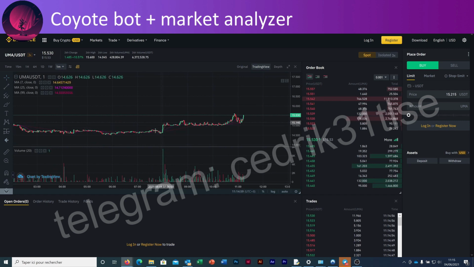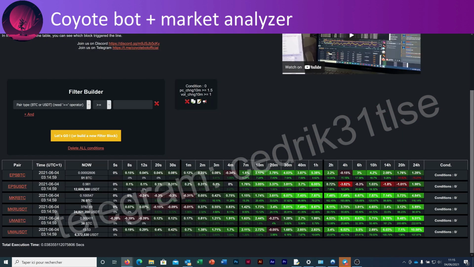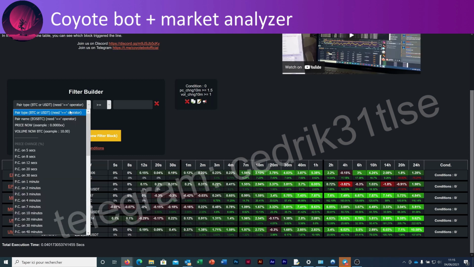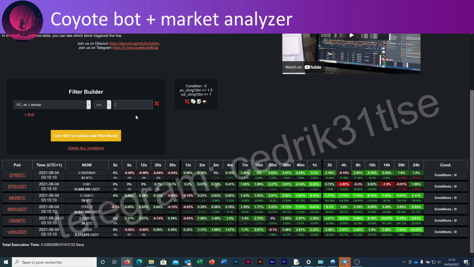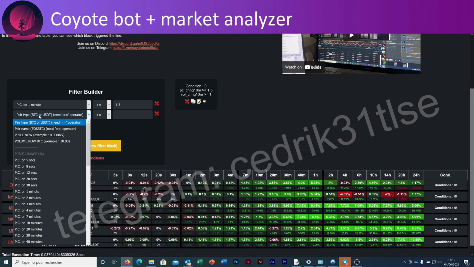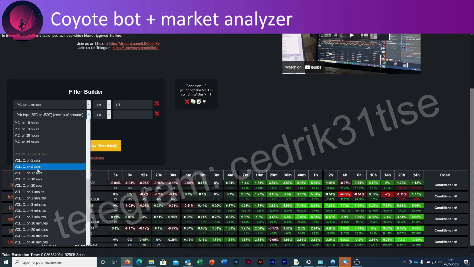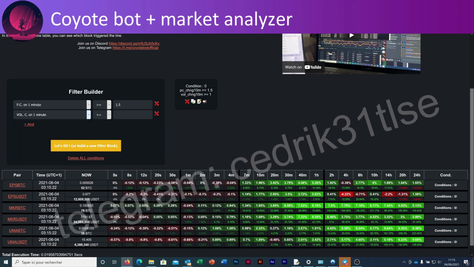But now if we want to spot it at the pre-pump time, we will set another filter. For example, the price change on 1 minute, I want it set to more than 1.5. And I will also change the volume, because the volume usually gets high on this kind of movement.